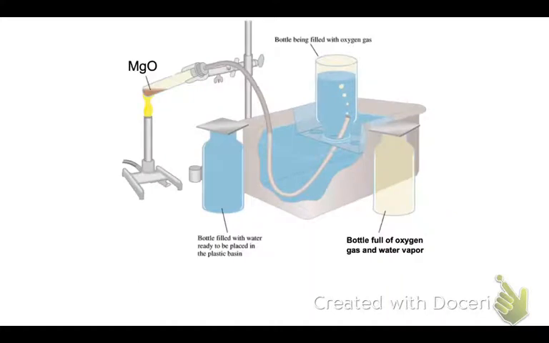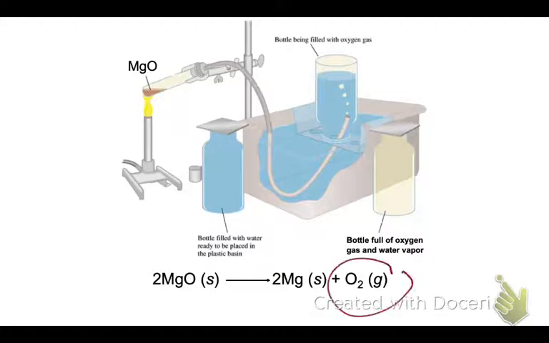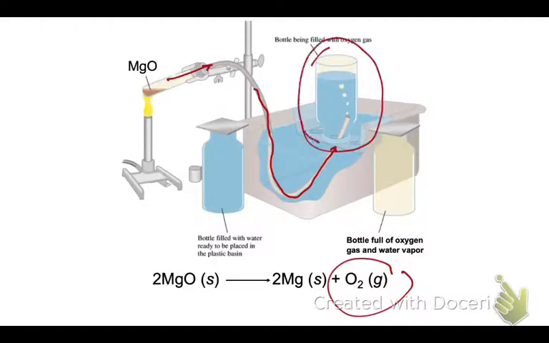This here is a way to collect gases in the lab. We call it collection over water. Here, we are actually heating magnesium oxide. The outcome of that heating is to have an oxygen gas. This oxygen gas is going to come out underneath water, and then it will enter that bottle that initially was completely filled with water with no space. But once the gas starts to come up, it will push the water down